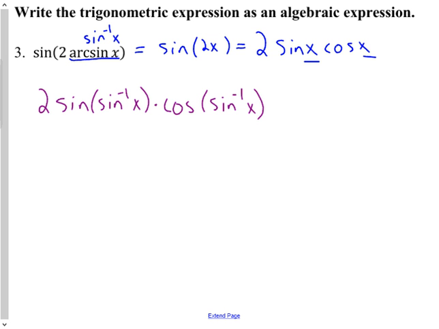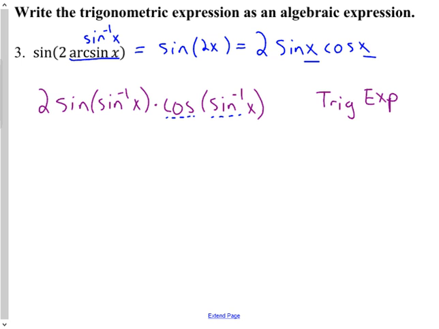And this is not what they're looking for as an answer. This is not an algebraic expression. This is a trigonometric expression. So if we want an algebraic expression, we need to solve. Just a hint, whenever you see something like cosine of sine inverse, that's your hint we're going